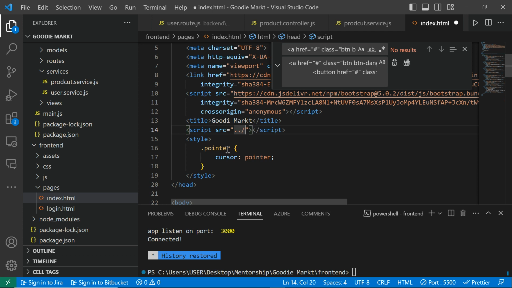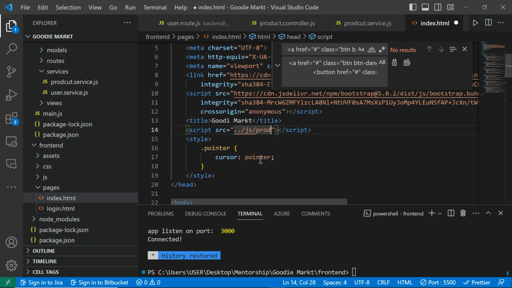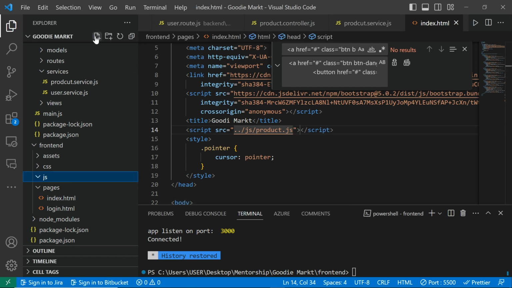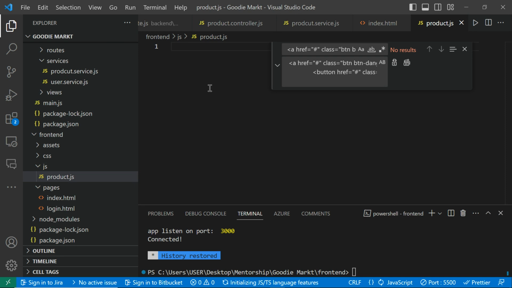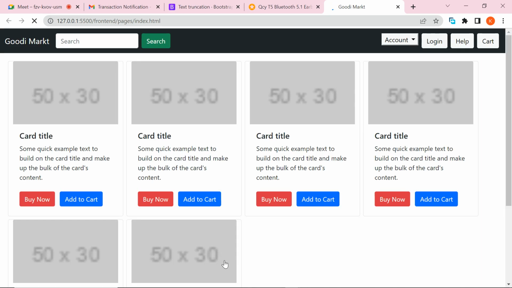Now we say this dot js, then product.js. So I'm going to create product.js inside here. To show that our linking is successful, we just call alert with 'product script'. Right, so we go to our page now. If it's product script,